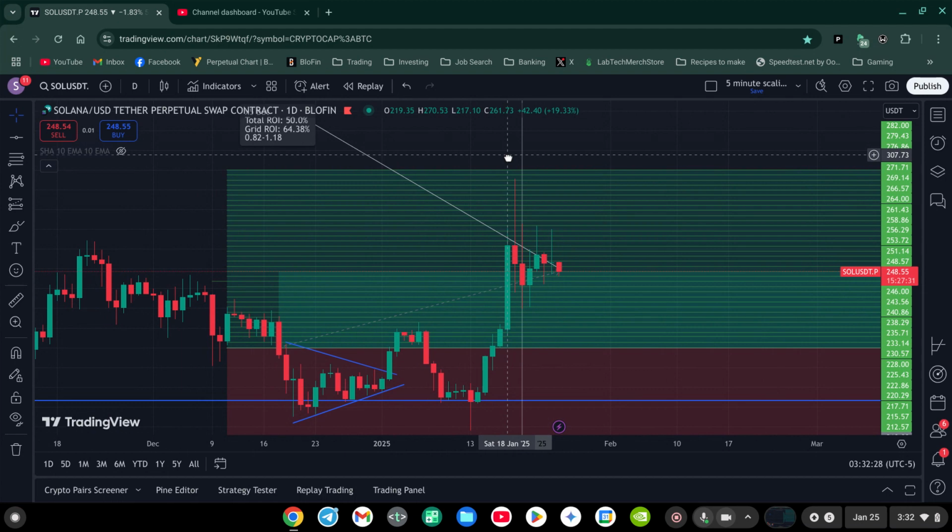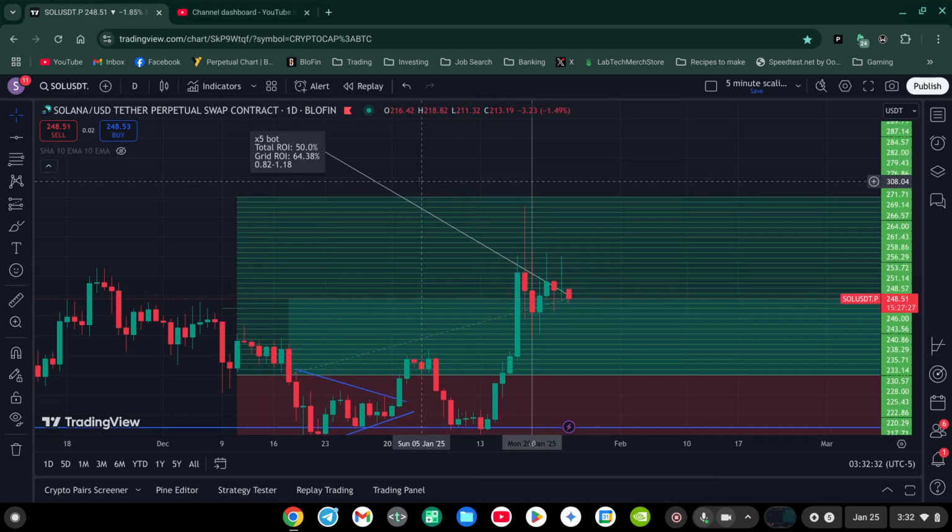So this is a bot that I've had running again for about a month. The profit level in between these lines, which are marked out here, you can see they're all evenly spaced, is between 0.82 and 1.18%, and that's kind of important because having